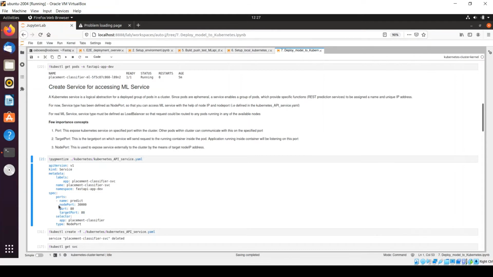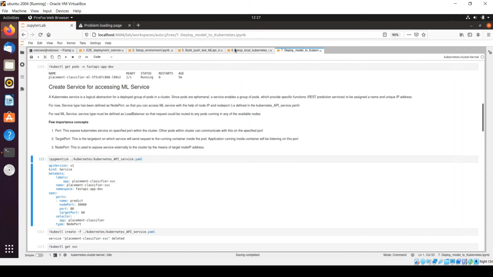The other concept we have is called node port. So node port is used to expose your service externally, right? Because port is used for internal communication inside the cluster, and node port would be used to expose your service externally, and you can access that service with the help of node IP address. And what is node IP address? Node IP address is that of the worker node where you have deployed your application, right?